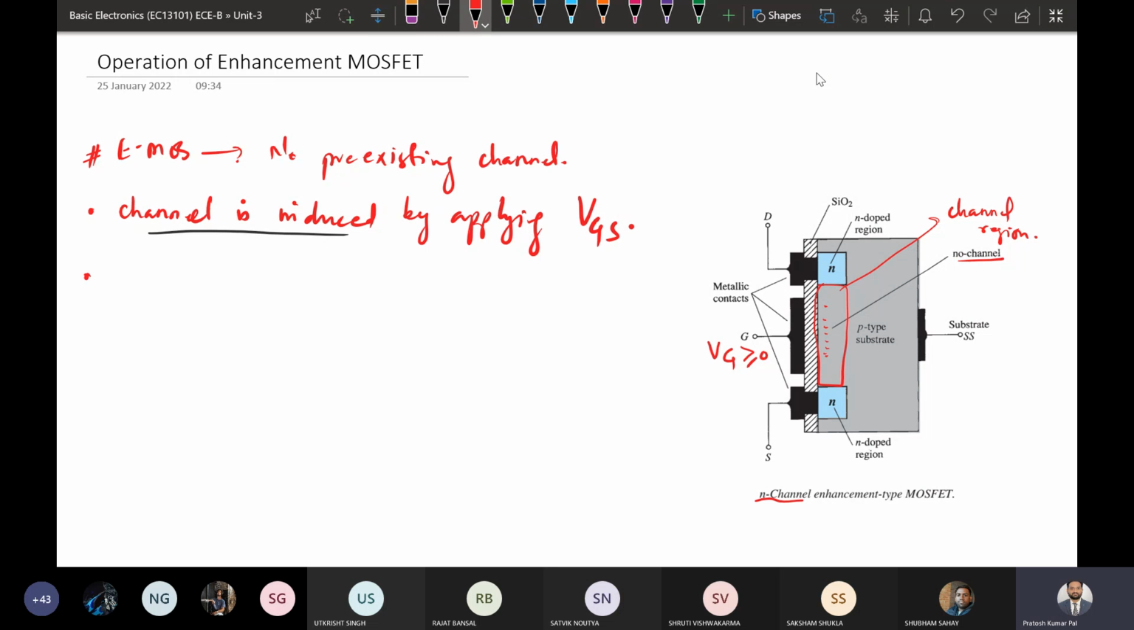And also, in difference to the depletion type MOSFET, these enhancement type MOSFETs are considered to be modern MOSFETs than the depletion type. In those, instead of using metals, we will be using